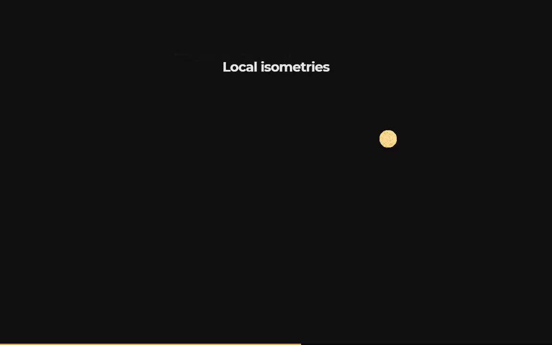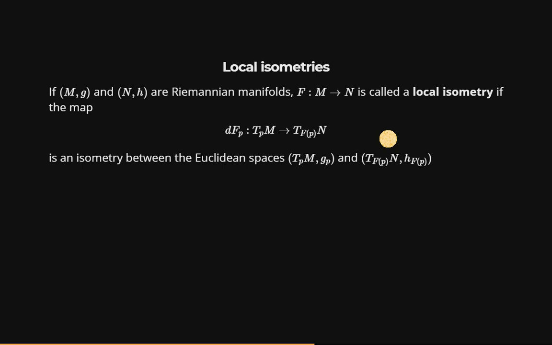Okay, now some random concepts which are worthy of being mentioned now. Local isometries. If you have two Riemannian manifolds, so M with the metric G and N with the metric H, a function,